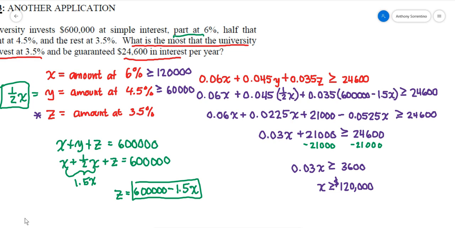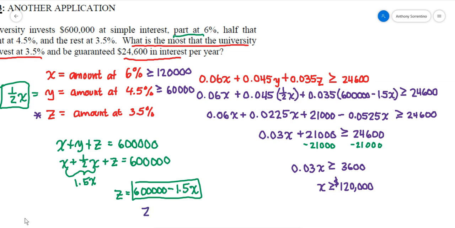If X keeps increasing, because we're saying it could be $120,000 or more, that means Y is going to keep increasing, but it still should total 600,000, which means Z would have to be decreasing. So when I look at this, and I'm going to use this X value of 120,000,